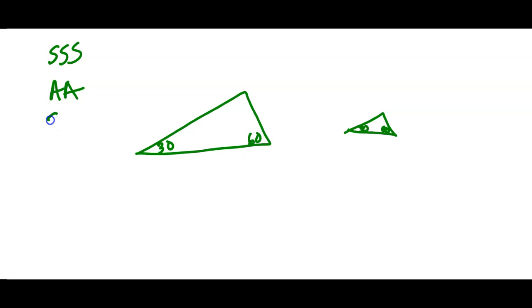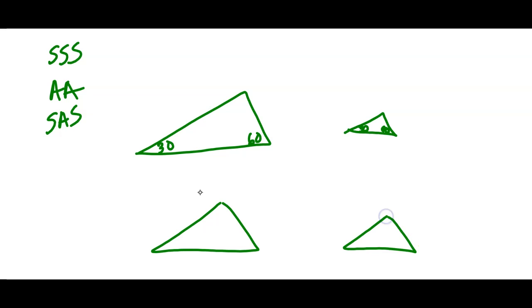And then you can have side, angle, side. So side, angle, side is where, let's say we have two triangles again, and I know, say that this side is 10 and this one is 5, and then this side we'll say is 4 and this one is 2. And if you know that the angle is the same between them, let's say this is a 63-degree angle and